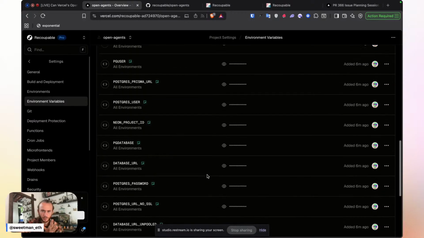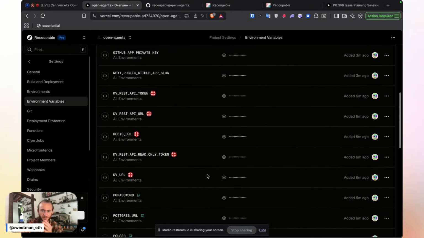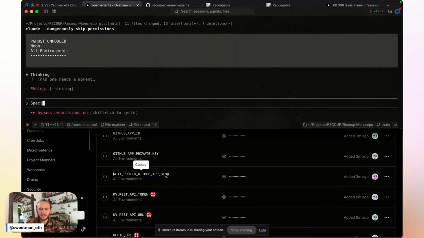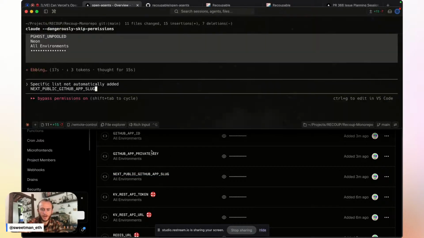So it looks like a lot of these are provided by Neon, and then they're provided by Upstash. I think the ones specific list not automatically added. It's this. We need our GitHub app private key,